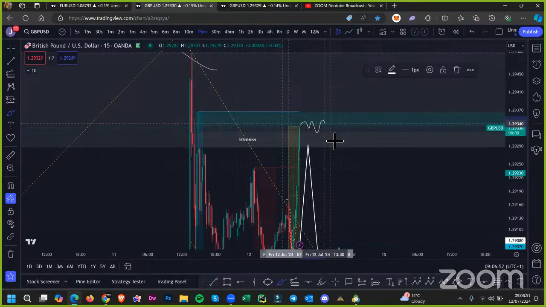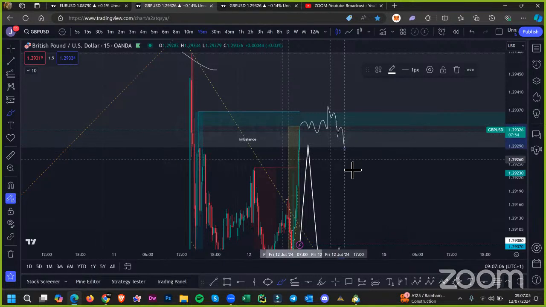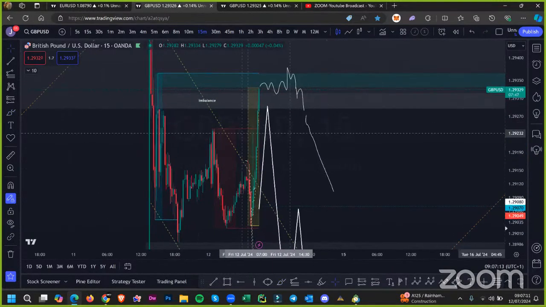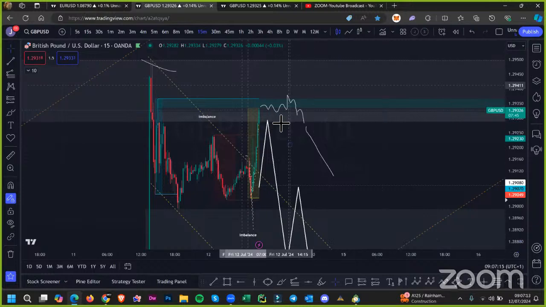And then if we see at New York this market pushing up here, grabbing liquidity, and then we're seeing some indications, corrections, and continuations, I'm going to be thinking to myself that this market wants to sell off. Now, one thing you need to understand when you get into a market,